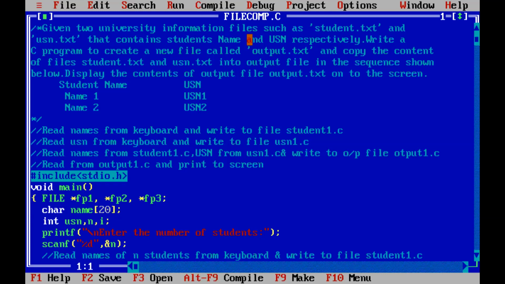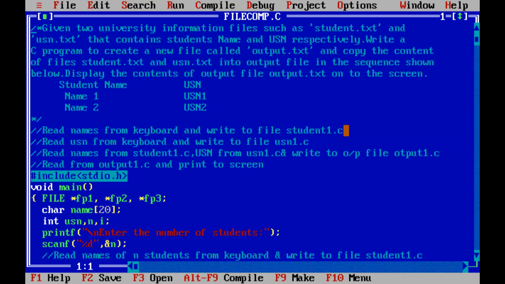Here you can read the inputs from a text file, that is a data file. Or in my program, what we have done is I'm creating the input file as a C file itself. Why? Because here I'm using a normal Turbo C editor. If I want to check the contents of a text file, I have to exit from this window and then open it. If I create it as a C file directly from the editor, I can open it. The file extension can be anything, a data file or a C file. Now, in my program, I'm using two input files. The name of the first input file I'm giving as student1.c, because I'm already using student.c for some other purpose.